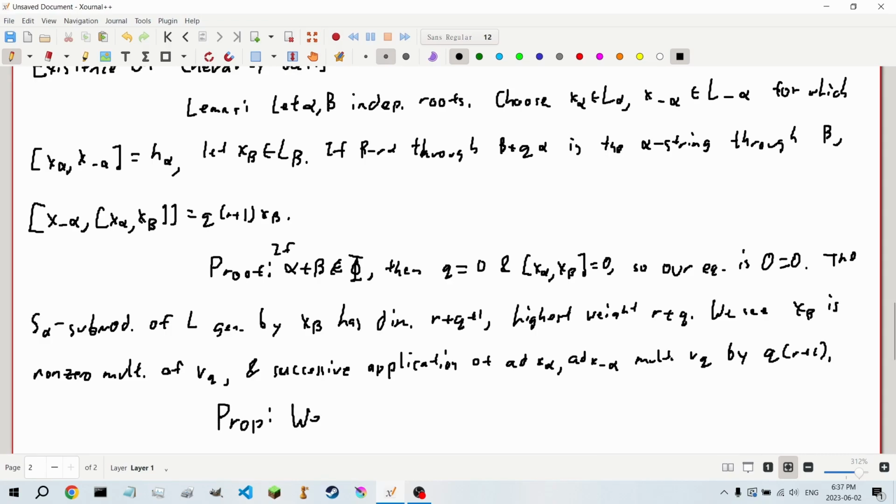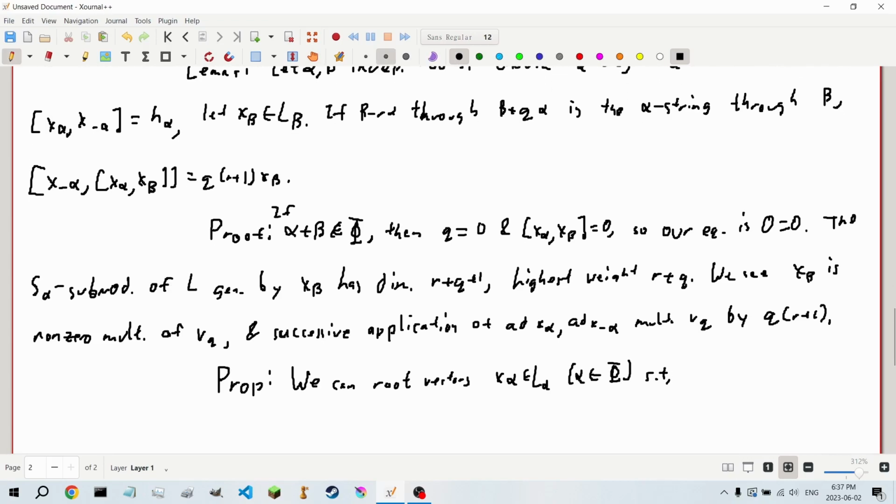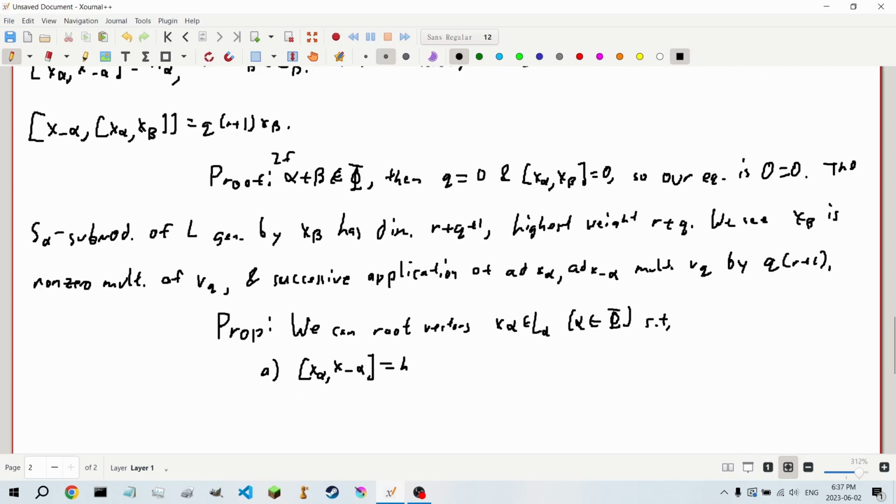Which says that we can choose root vectors x alpha in L alpha, for alpha anywhere in our root system, such that, first off, the bracket of x alpha and x negative alpha is h alpha, that is, and